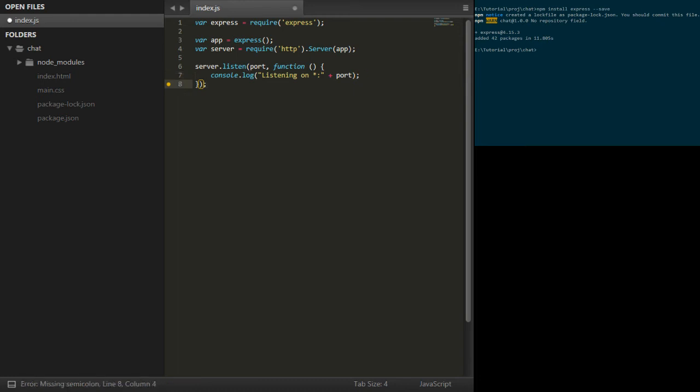Okay. All right. So next thing, what we're going to do, this is again one of the things that you need to do with Express. To serve any static files, you need to tell Express which directory to look into. So we need to say app.use